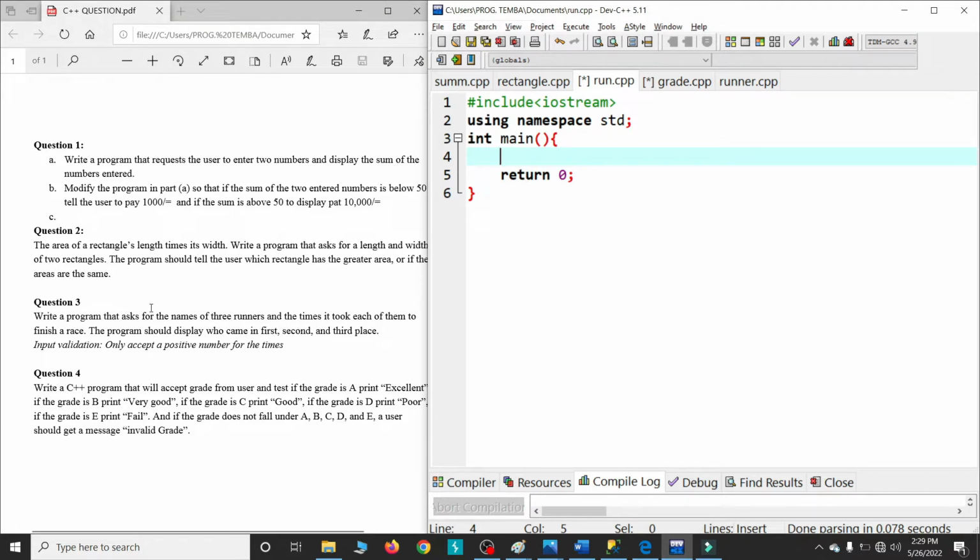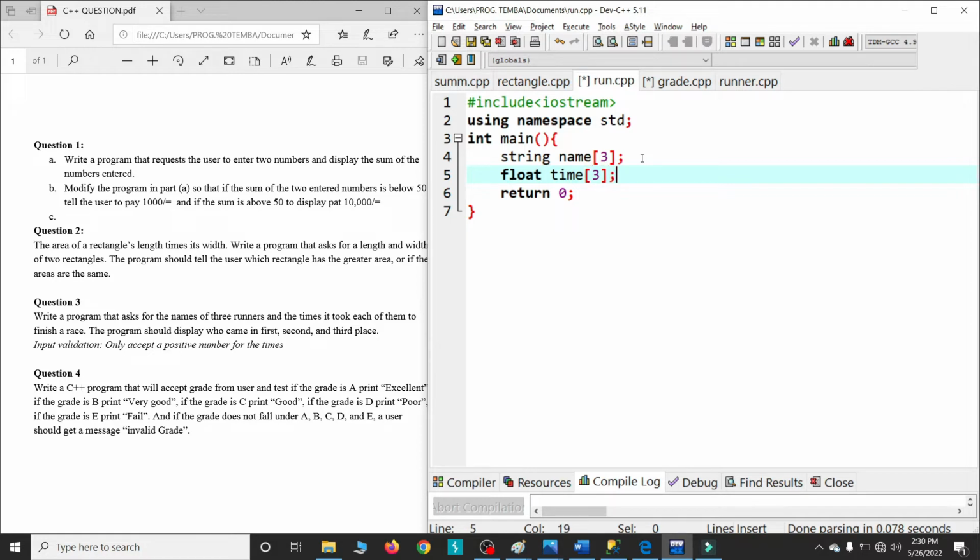Because we have 3 runners and every runner must enter a name and time, declare a string array name of length 3, which captures the 3 names of runners, and a float array time, also of length 3, used to store the 3 time values. After that,